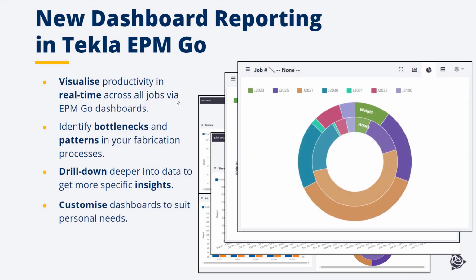The dashboards are very customizable, so you'll see it in a short while when I do the presentation, but we're able to tweak the different dashboards to give you the information that you need to make the decisions that you need to make. And finally, it's only accessible to the relevant people. So we're not exposing dashboards to everyone within the business. We can keep this just to the eyes of the people who need to see it. So it's customizable in terms of who can access it as well.